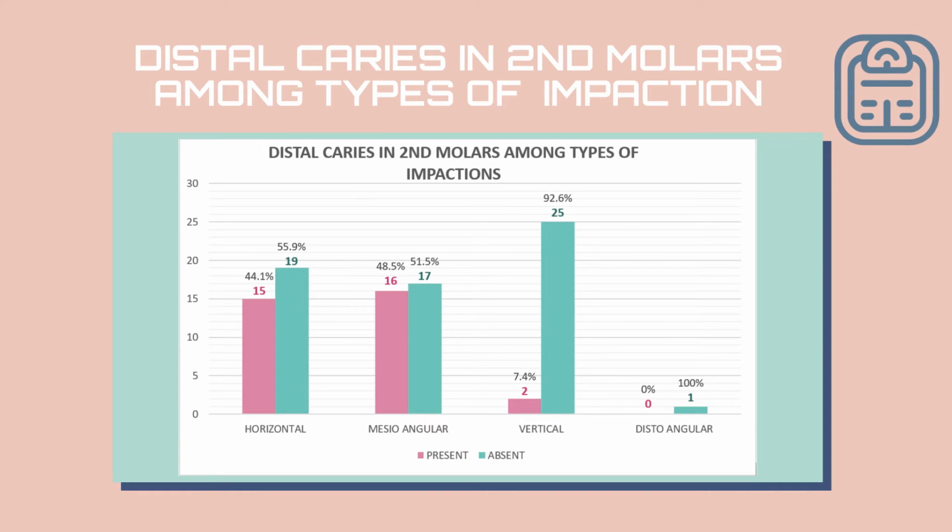This is the result in a graph form. We can see that the mesioangular impaction has the highest association with distal caries on the adjacent second molar, which is 48.5%, almost close to half, followed closely by the horizontal type of impacted third molar that has 44.1% association with distal caries, and vertical impaction which has 7.4% association, and lastly, distal angular impaction that has no association with distal